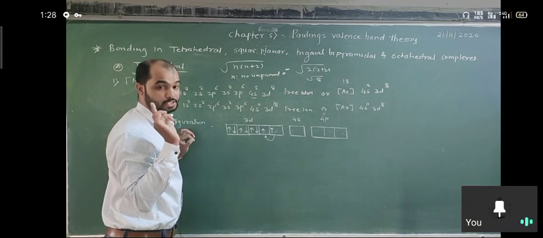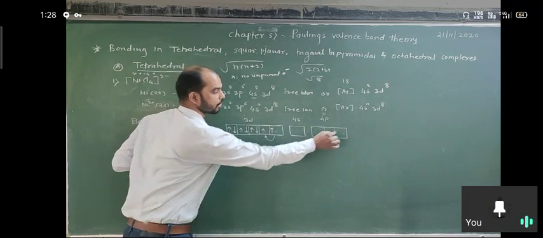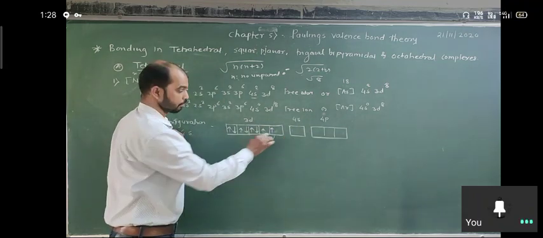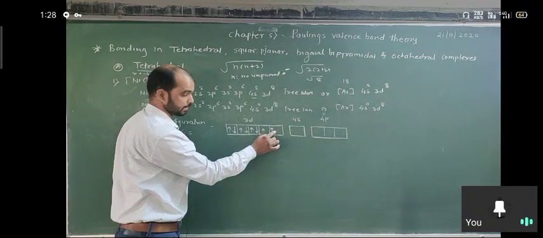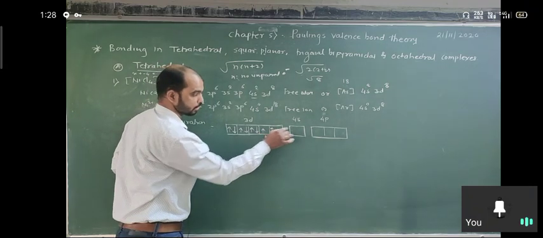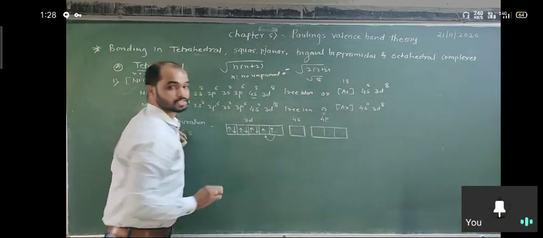We consider 2 possibilities. Without pairing, we have these 4 orbitals. If we make a pair here and make this empty, so we use this one, 1 2 3 4, we get the dsp2 hybridization and we mention the